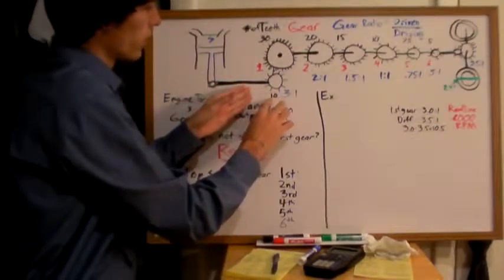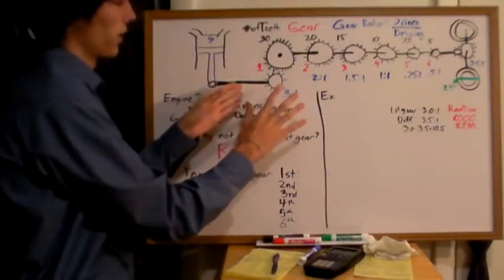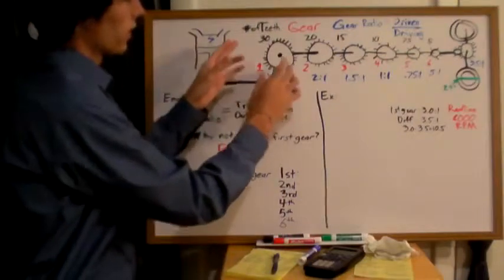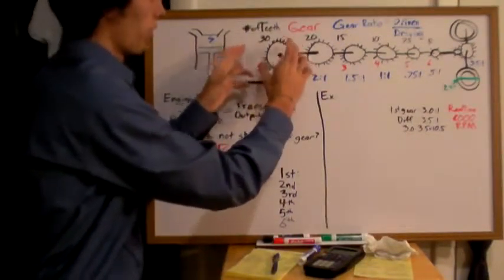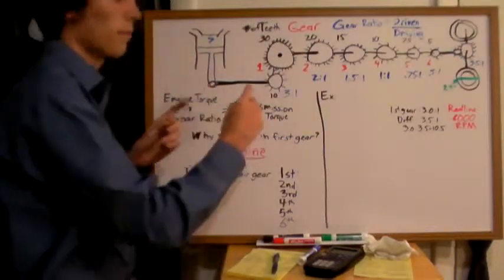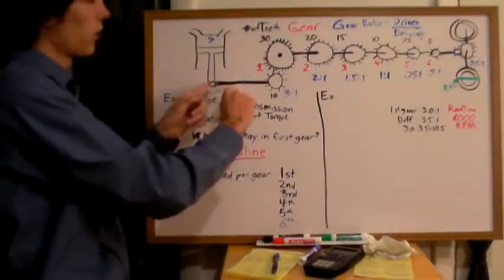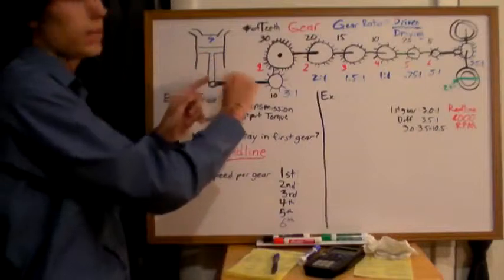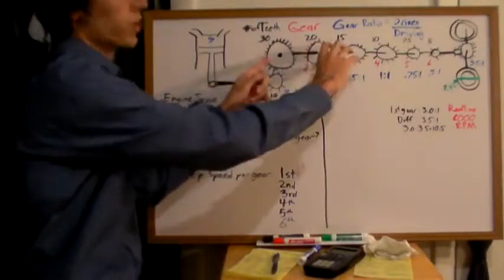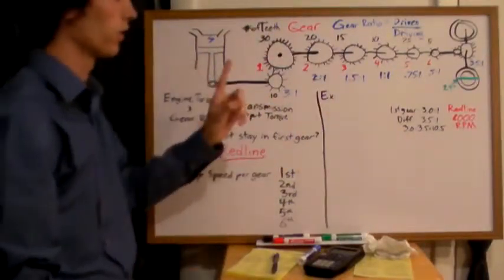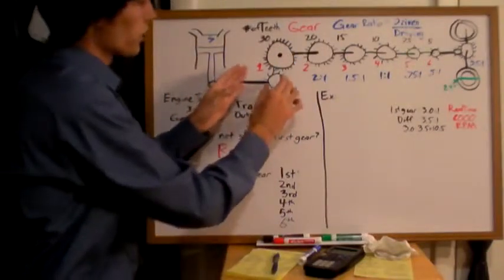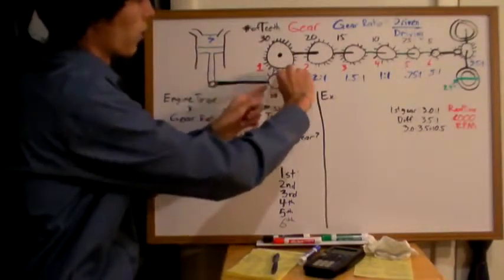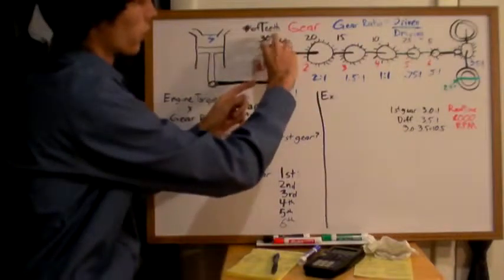So our driving gear, let's say, has 10 teeth on it. This gear is connected to a gear in the transmission with 30 teeth. So what that means is every time this crankshaft right here rotates 3 times, the transmission itself will rotate only once. And that's because of this gear ratio. So it's smaller, it's going to rotate 1 full revolution of this, and this is only going to rotate 1/3